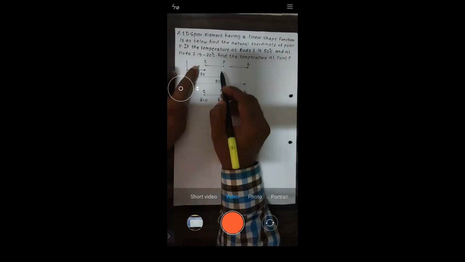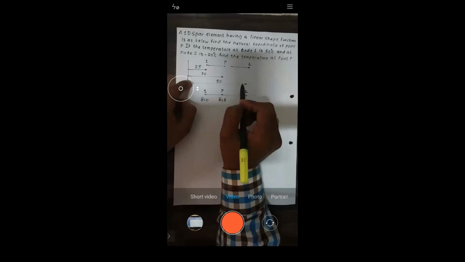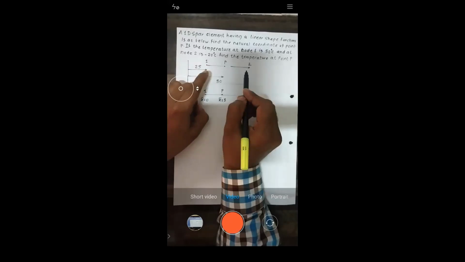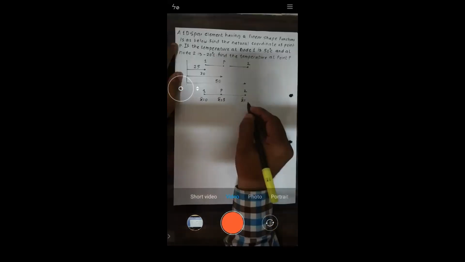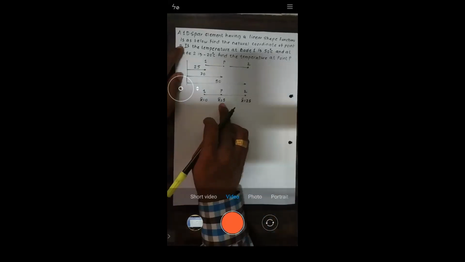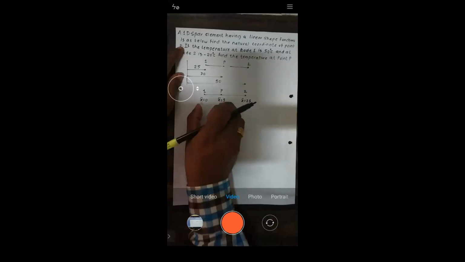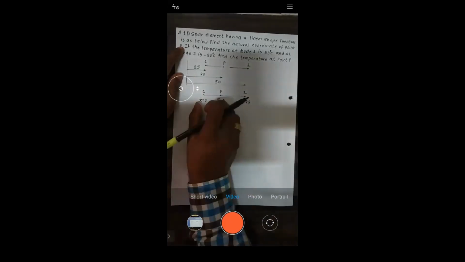Similarly, this is 25, this is 50, so this total will be 25. Out of 25, this 5 is gone, so what is remaining? It's a 20. Obviously this total length is 25, that is not an issue. So here is 0, here it is 5, this is 25. So this length is 5 and this is 20. So 5, 20, this becomes 25. Is it okay? Yes, sir.